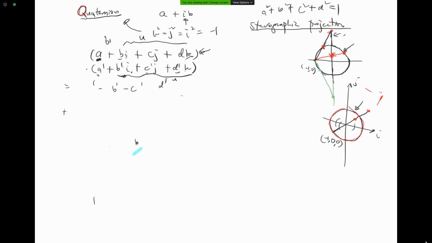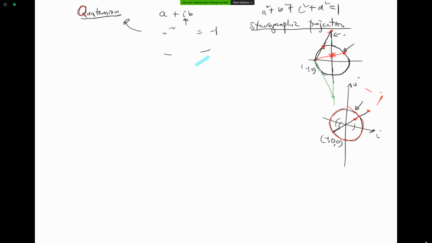So what we want is that now we have again a quaternion, more precisely a unit quaternion, a plus bi plus cj plus dk, but at the same time it's normalized, so I have a squared plus b squared plus c squared plus d squared is equal to 1. As I said, this is the surface of a 4-dimensional ball with the center at the origin, and I want to project this point